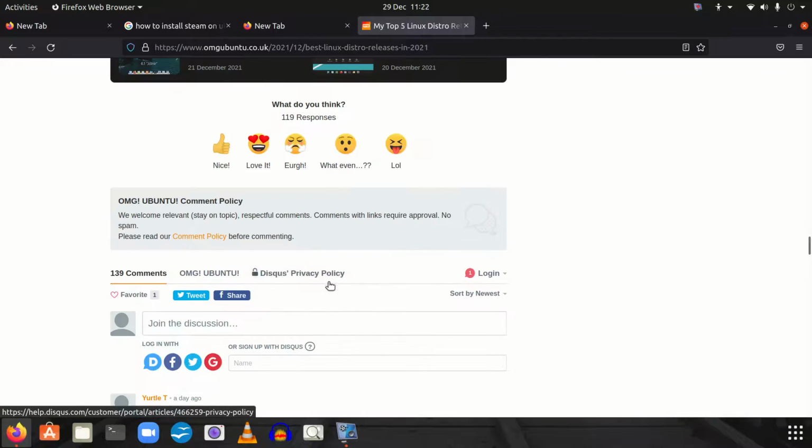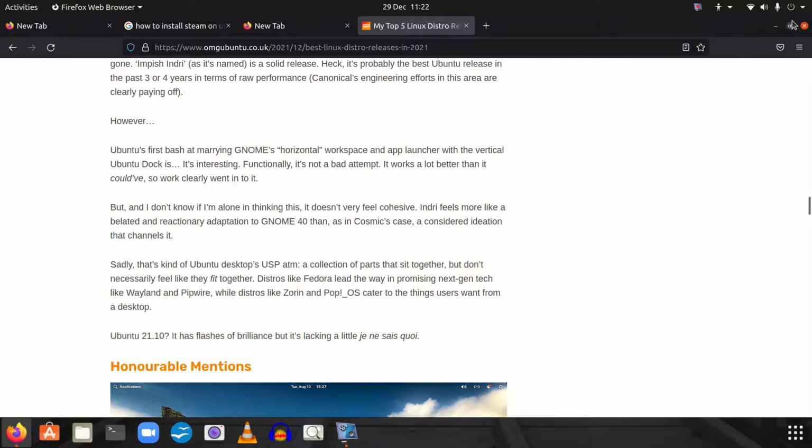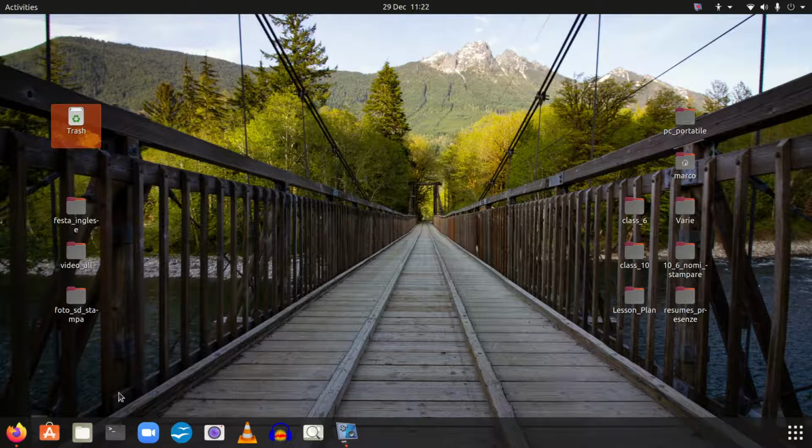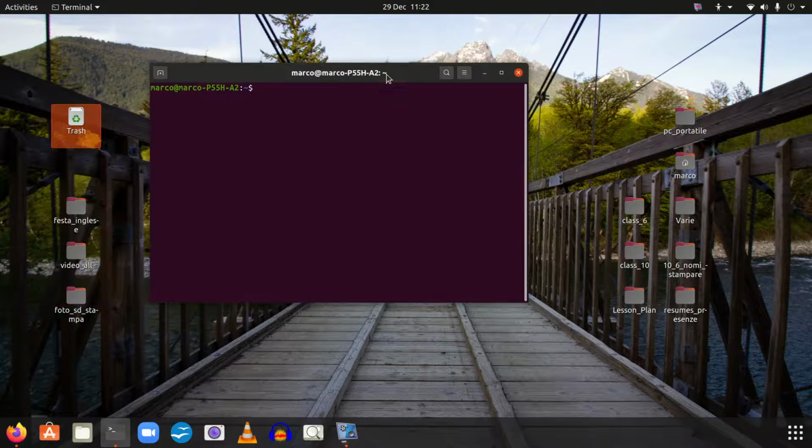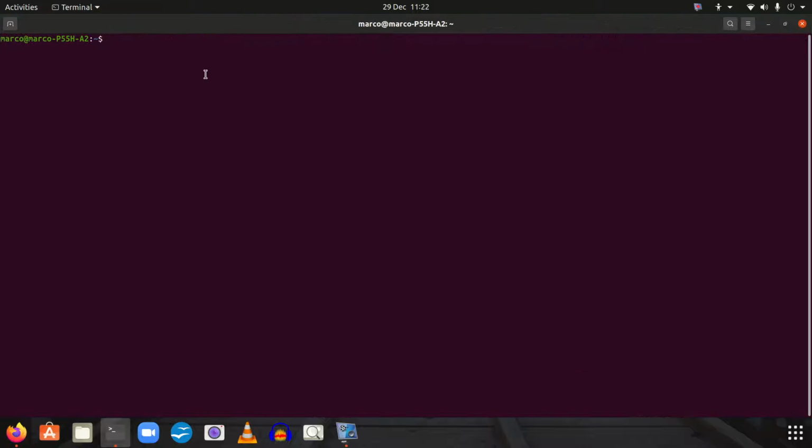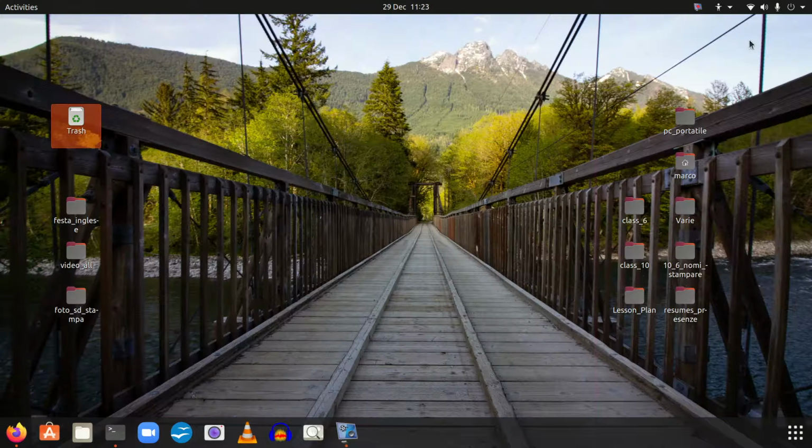Okay, I think that I have shown you many things that Ubuntu can do. For example, for doing this recording of my screen, I'm using Vokoscreen NG, and it's free. Then we have Terminal, from which you can use some commands. These are very useful sometimes if you have to install some programs that you can't find here